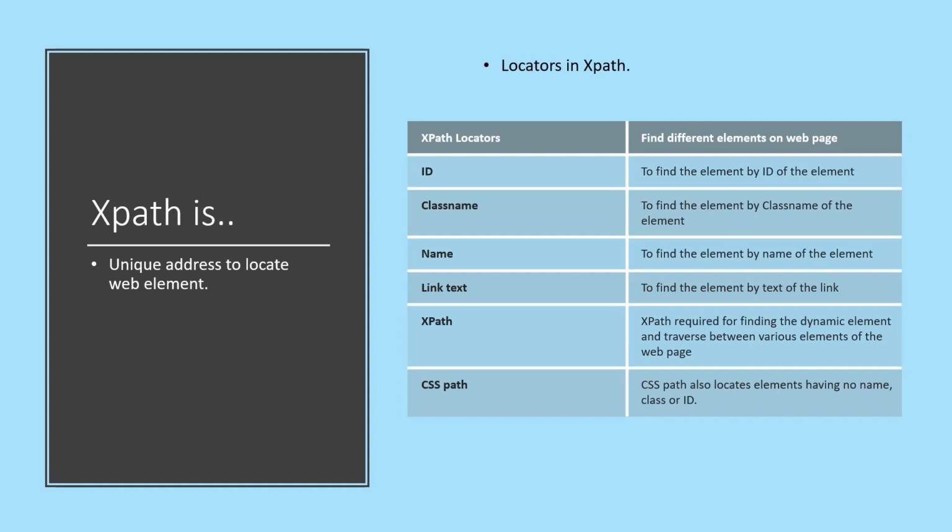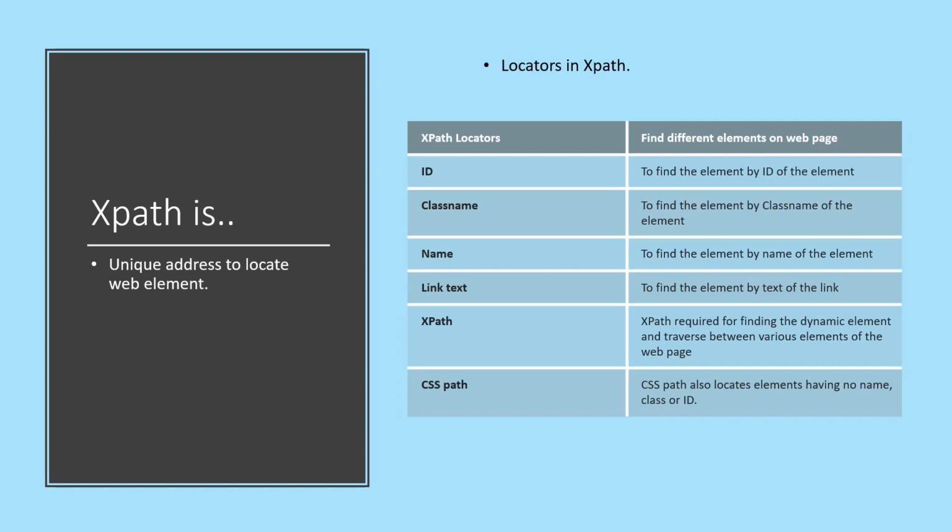To find that web element uniquely, we can use id. We can say id is the fastest way to find the unique element, because id is always unique. On one page we can use an id only one time for one specific element, but sometimes there are no ids used by developers, so there may be class name, or sometimes there is no class name present either, then we can go with the other locators. We can follow these locators in sequence, like first id, class name, name. If we can't get anything, then we can create our own XPath.